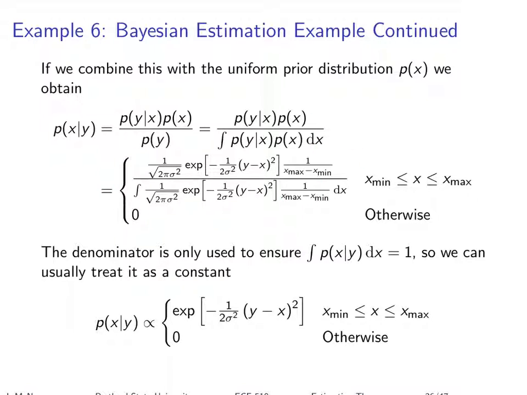Here it is. Here's the math, in symbolic form. It works for any variance, any measured value of y, and of course any x max or x min. Now I wrote this curly brace because when you multiply these two together, this is only 1 over x max minus x min when x is within that range. When x is outside of that range, this prior probability is equal to 0. And so the probability of x given y is equal to all of this only over that range. Outside of that range, it's equal to 0.